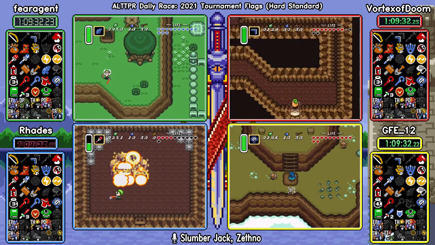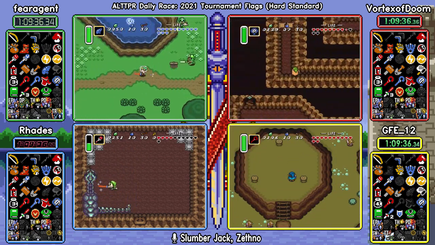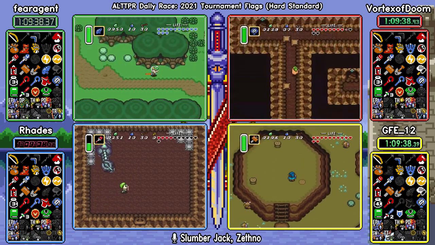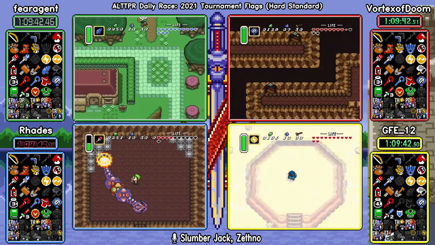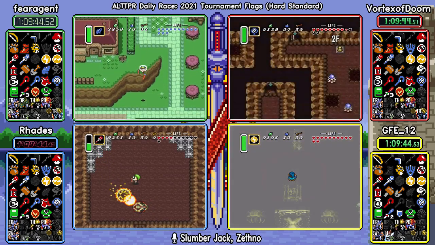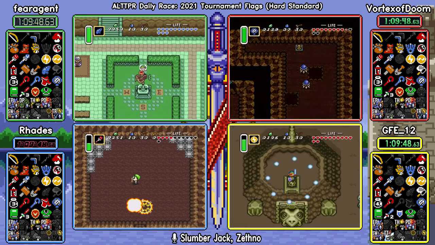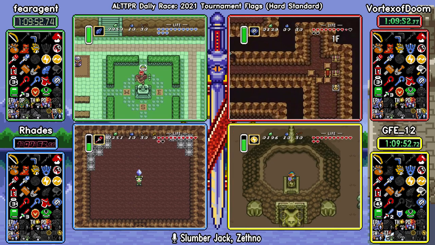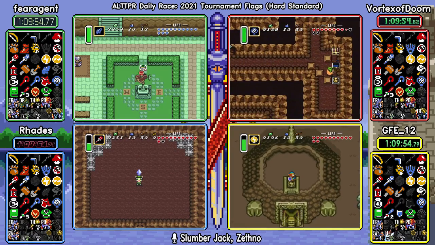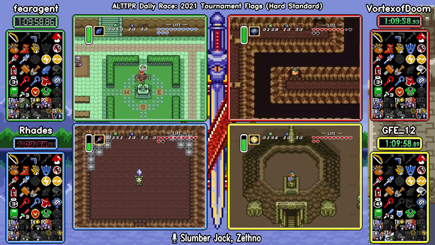Raids has got to be careful here because I think Trinexx might kill him if he gets touched. Green mail, 4 hearts. No, Raids is fine. These runners, come on. Look, they did the Mothula fight with these 4-heart runners. Why am I doubting them? They did 4-heart Mothula. If they can get that, we're fine. Tempered Sword Trinexx, we're okay. If it was Master Sword, maybe,